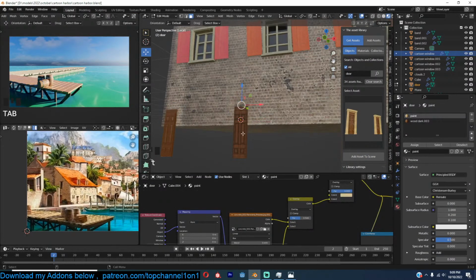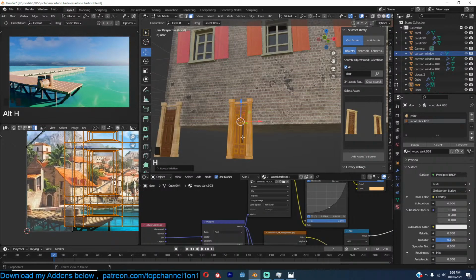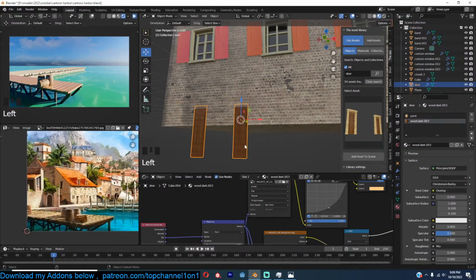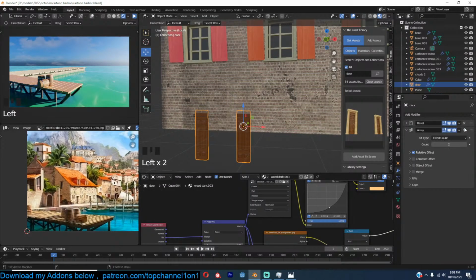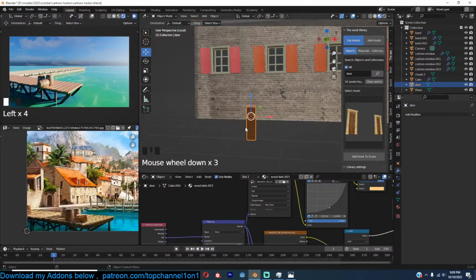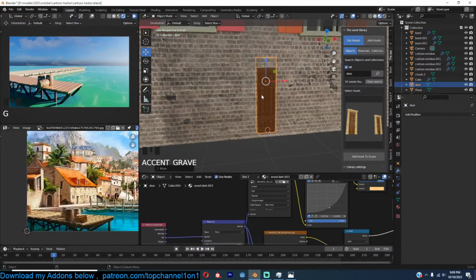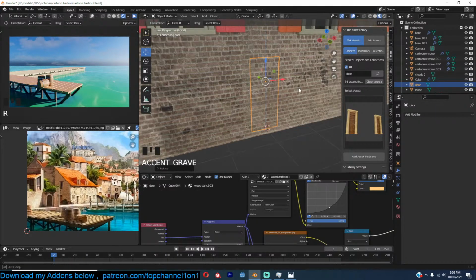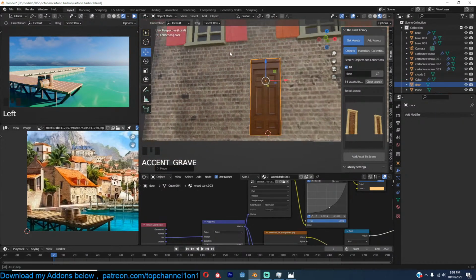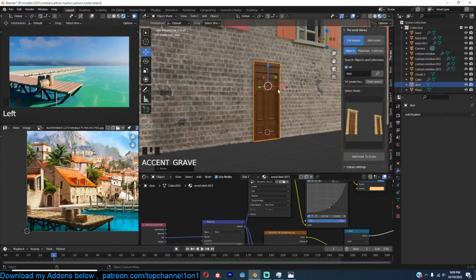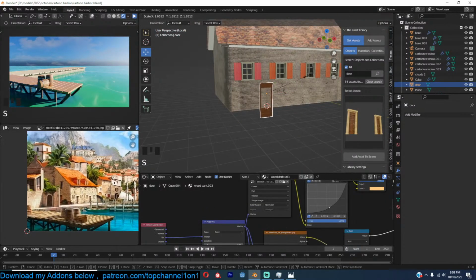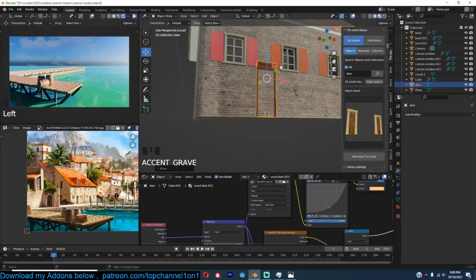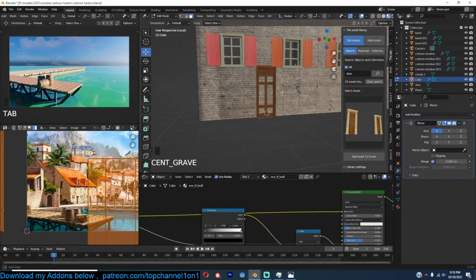This without the... Yeah. The door should be larger than the windows, or at least the same size. So